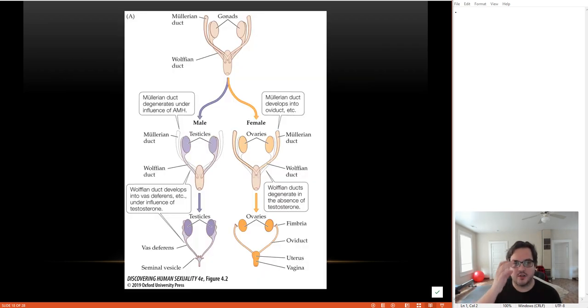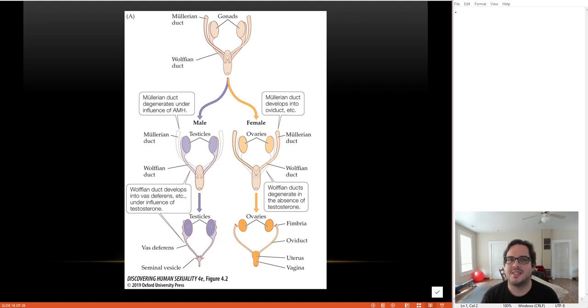So let's look at this here. Let's say you take the male pathway. You develop testes, and the testes produce that AMH, anti-Mullerian hormone. Because you're producing that hormone, the Mullerian ducts go away, and the Wolffian ducts stick around. Therefore, eventually, these develop into the vas deferens, the seminal vesicles, and the ejaculatory duct leading into the penis, ultimately. For the female path, you have ovaries, but the ovaries are not really what's causing the Wolffian ducts